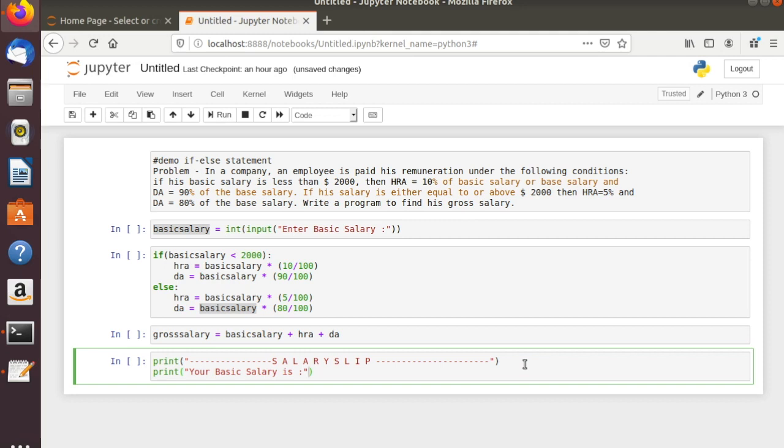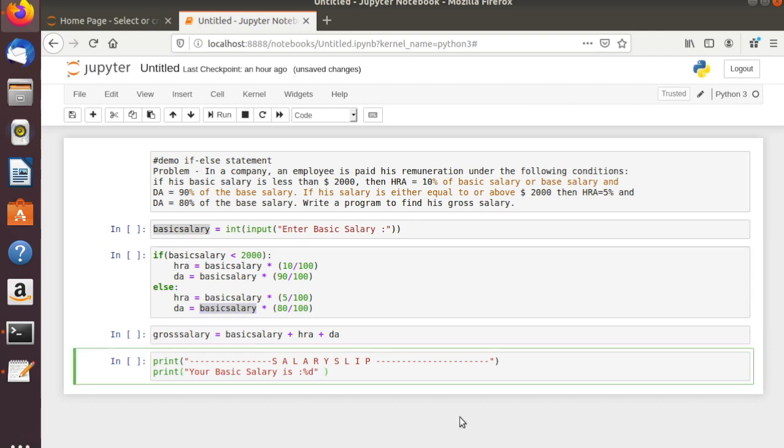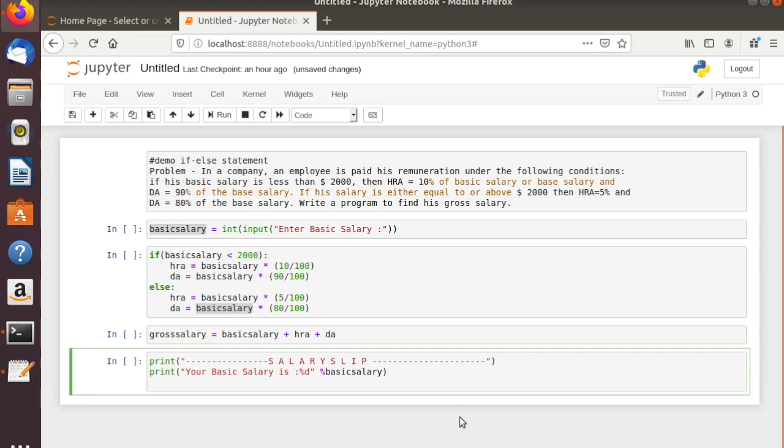We will give the percentage d, right? What is that? Percentage d, it is the basic salary, right? Just copy this one, okay, then this is percentage basic salary, right? And you need to close the bracket, that is okay. In the same way, print, then here you write your HRA